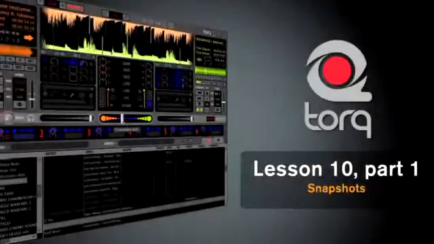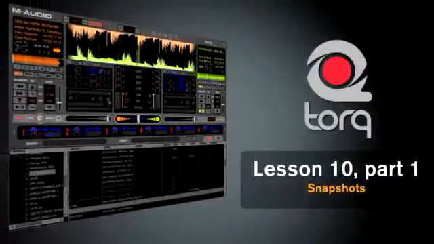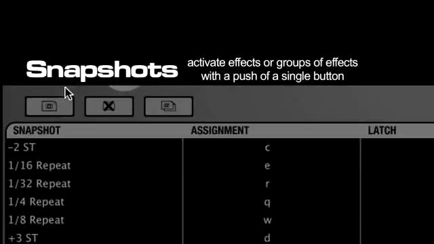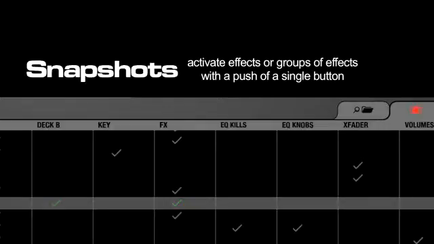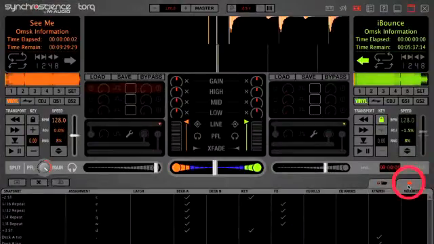There are a lot of things you can do in Torque that would require more than just the two hands you have. So we've built something into Torque called Snapshots, which basically allow you to save settings of the entire application and recall them with a single push of a button. Now the way it works, we click on the Snapshot tab here in the lower right corner,